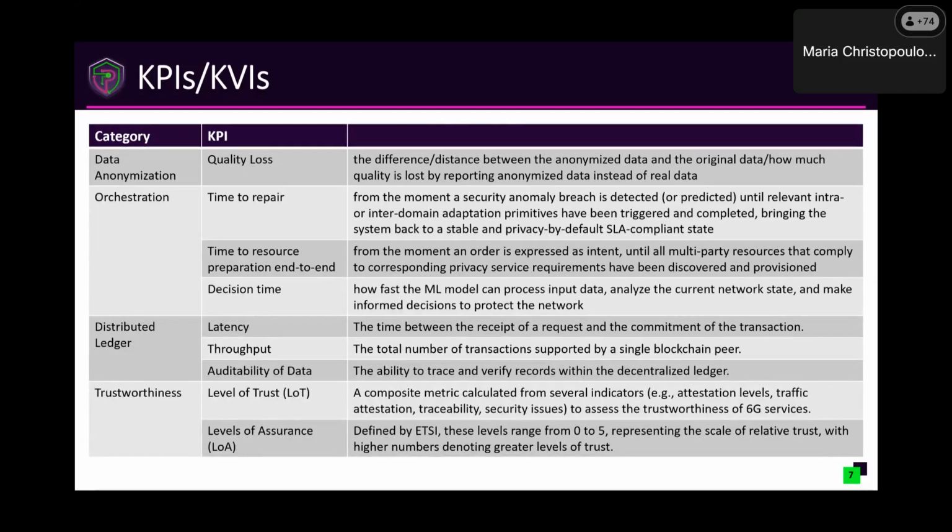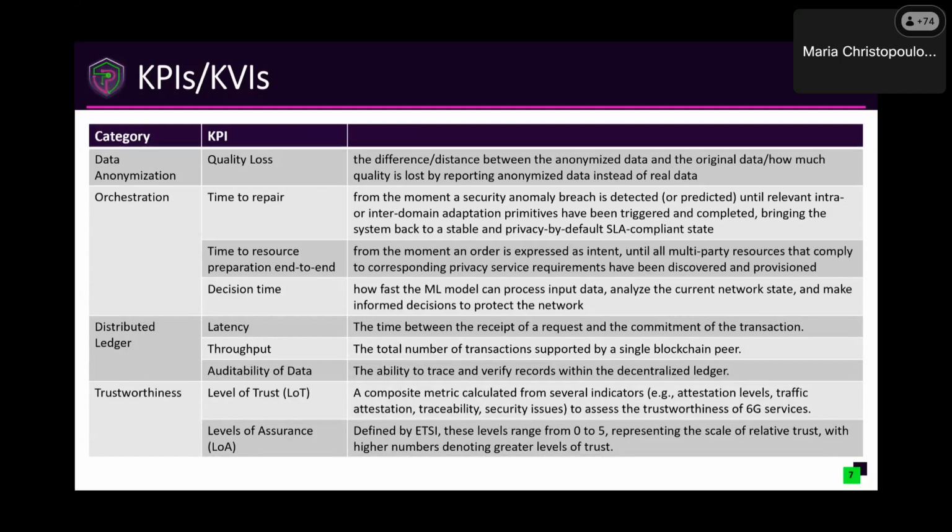The next category has to do with data anonymization, and we are focusing on quality loss, which is really data type dependent and essentially signifies how much quality is lost when you are reporting the anonymized data instead of the real data. And essentially, these first categories of KPIs were mostly related to the AI-based security